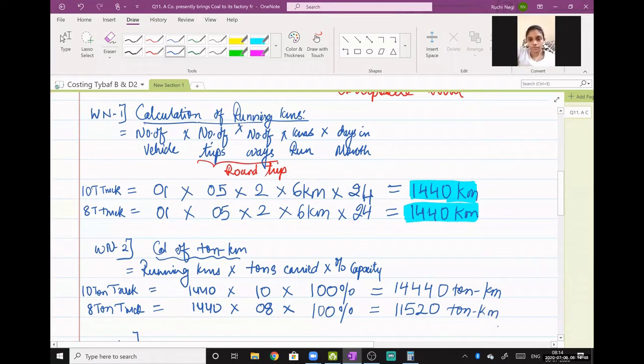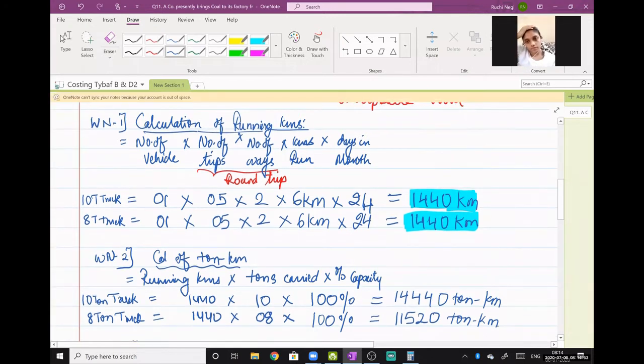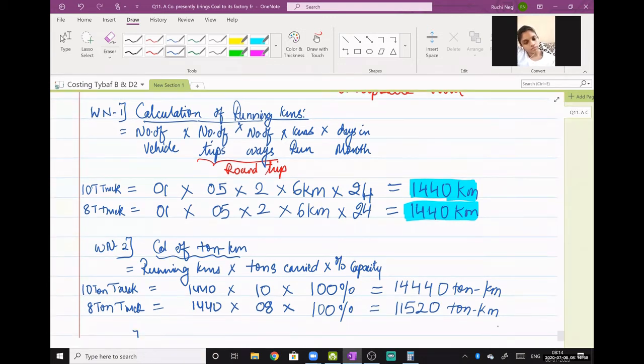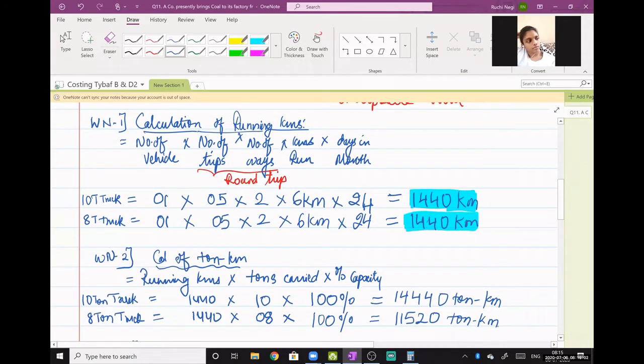Again, for C division and D3, I will be doing the working notes for you all, and the sum you guys are going to solve. In the next lecture we'll discuss the final answer. Discuss means I'll first take the final answer from you all and then I'll share the final answer. Clear? Okay.